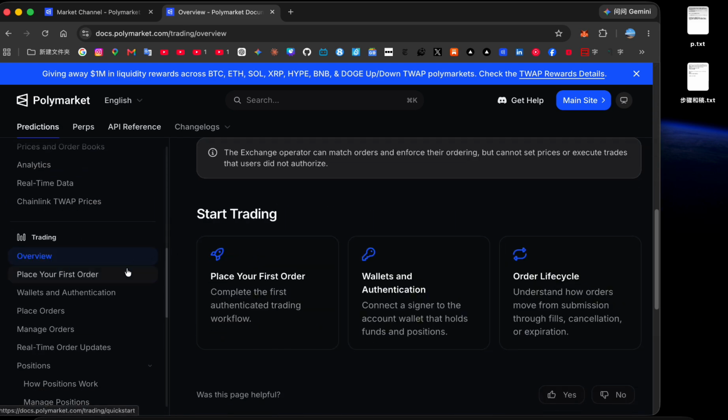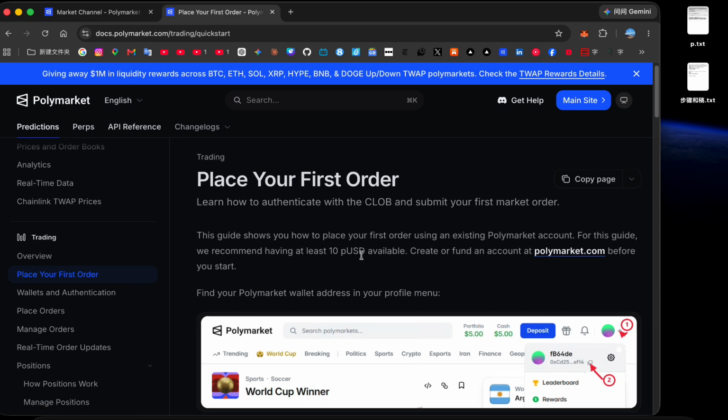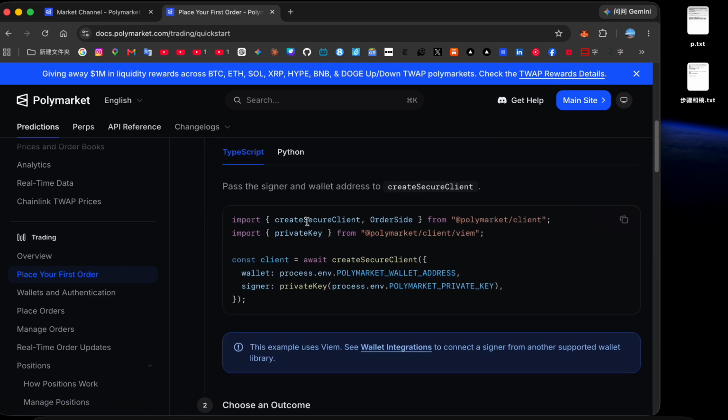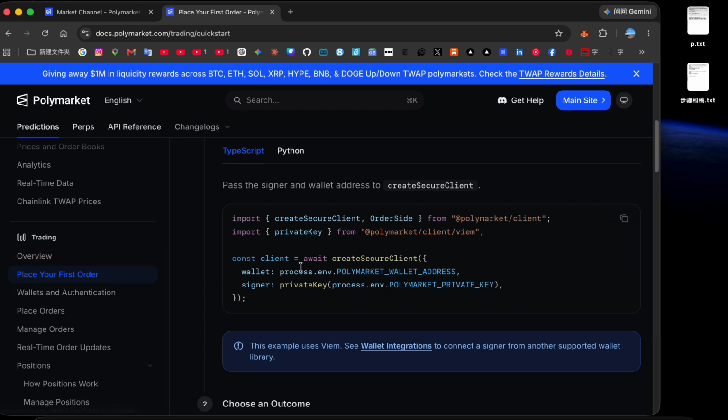this needs to connect the wallet. Connect the wallet, and it gives Python and TypeScript. So place your first orders here. Const client, await create secure client. This is your secure client, and give a wallet. This is the public address, wallet address, and the signer. This uses the private key,